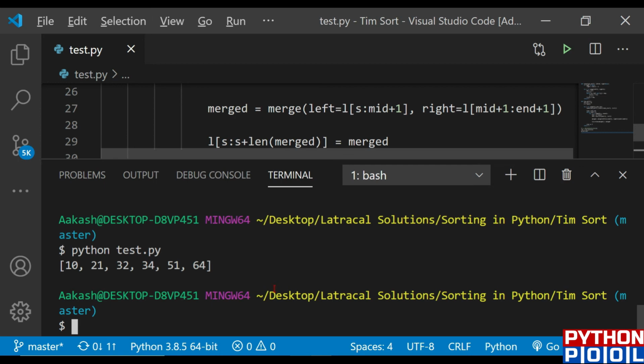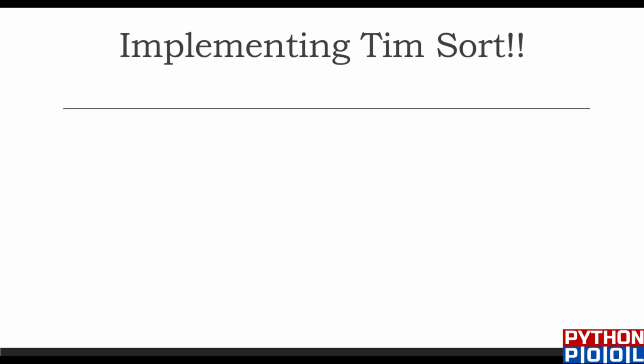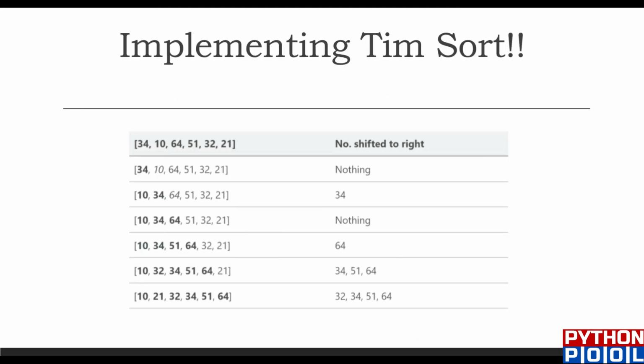Okay, now let's see the implementation of our timsort algorithm. This was our list which would be sorted by the insertion sort algorithm. You know the insertion sort algorithm, but let's see how timsort merges the result.